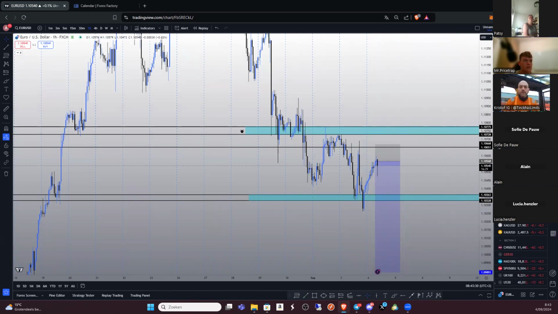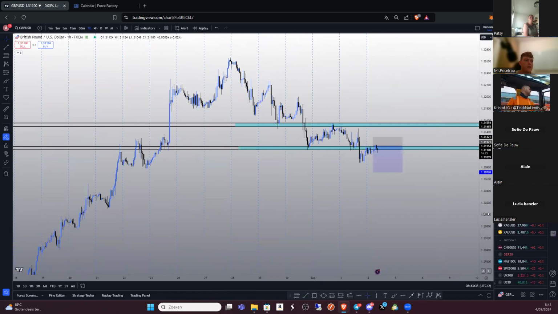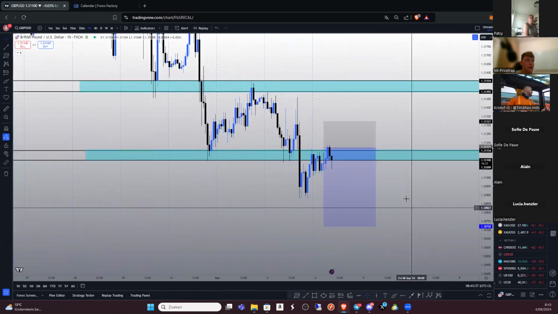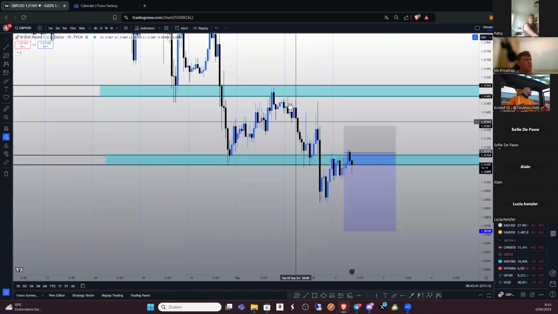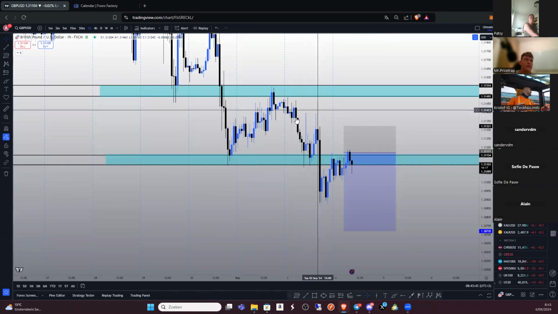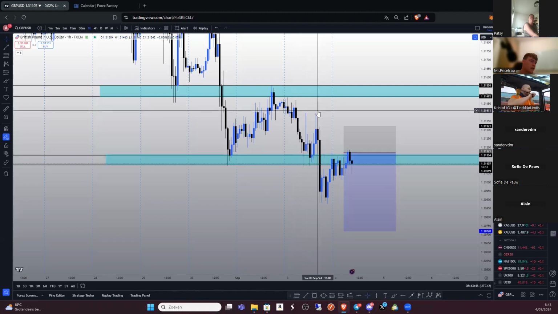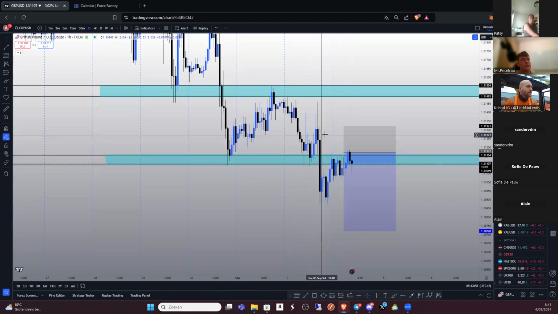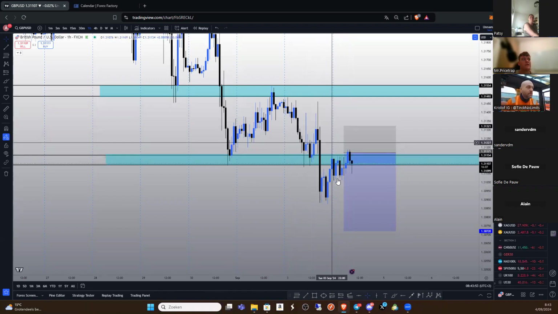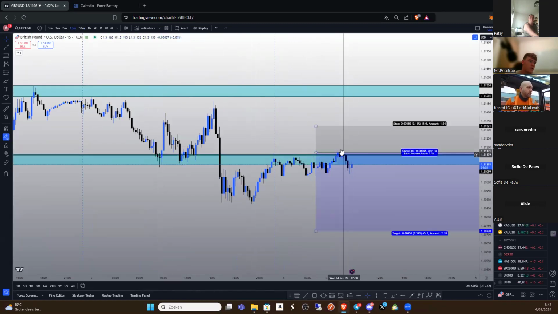Okay, so let's just keep it on the green flag because the entry is already triggered. Here with GU, almost exactly the same thing. Yesterday we didn't have a breakout here, so we didn't have that breakout retest opportunity. Market still respected this pretty good, same like Euro USD, but now we do have that breakout retest. We are reacting on some good Fib levels. If you would put the Fib on this one, this is a 50-61 zone, and we already had some good price action. So there was an opportunity to find yourself an entry over here.